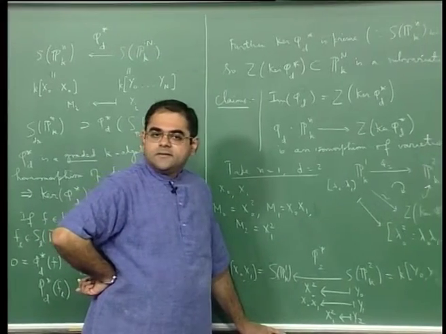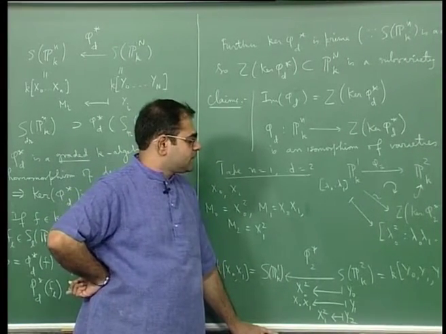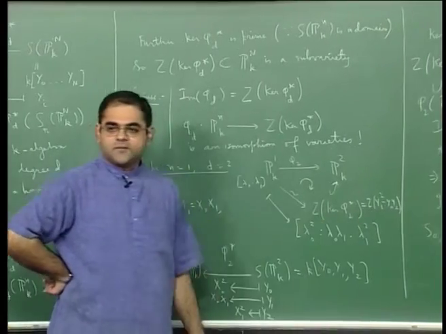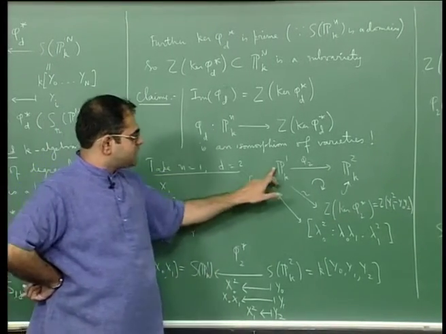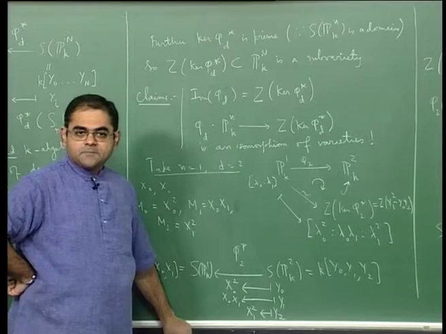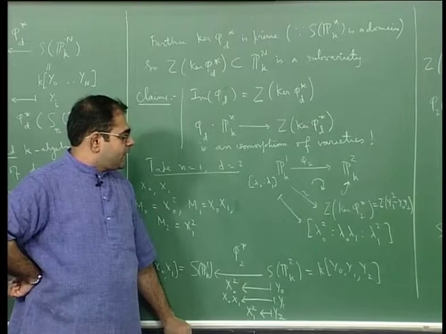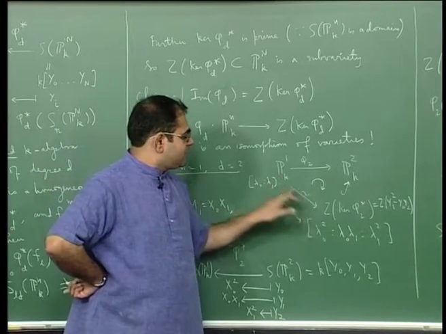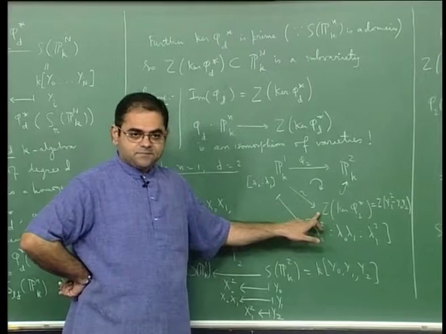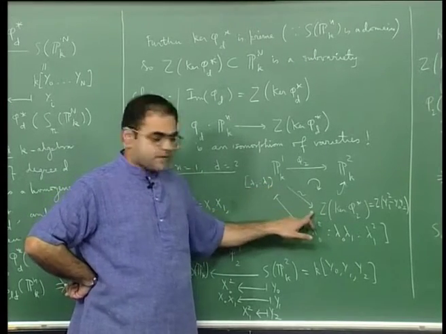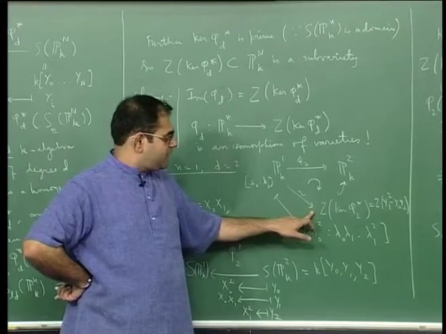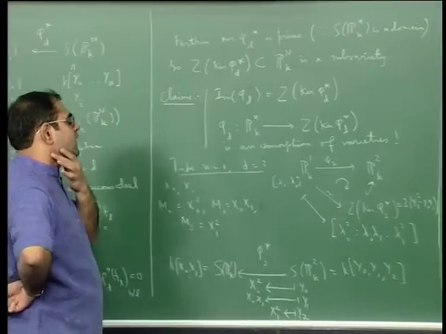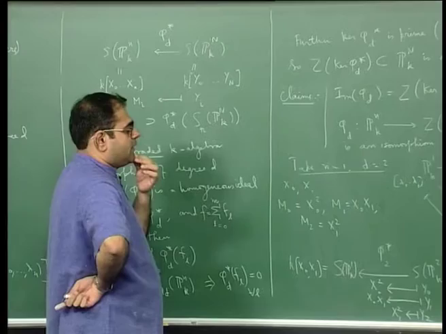Okay, these two are equal for dimension reasons, and this is an isomorphism of this with that. Okay, and in fact I am saying this is even an isomorphism of varieties. This thing is even an isomorphism of varieties, and one way to check it is by